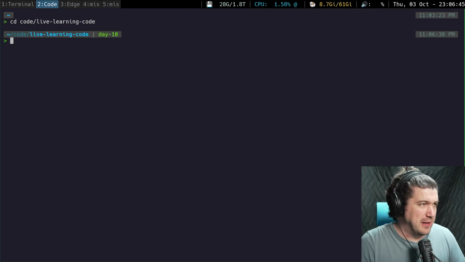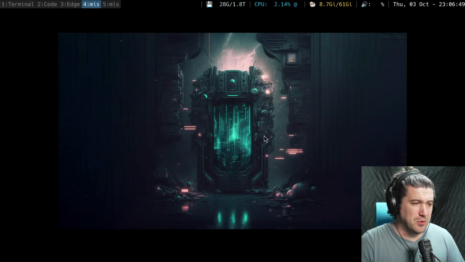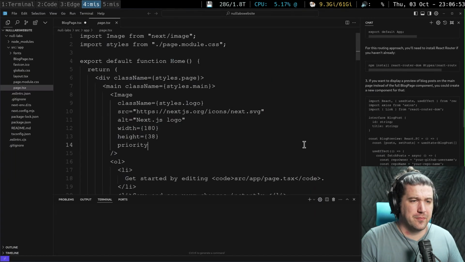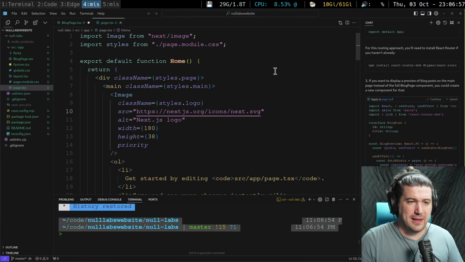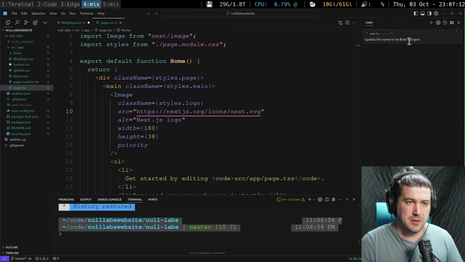Well, actually, it does something kind of like that. If you look at Cursor when it does those things, and when you hit apply, it is not going to do that here. Let's do a new chat and update the name to be Bob's Burgers.